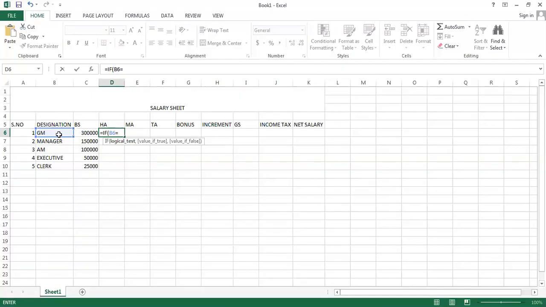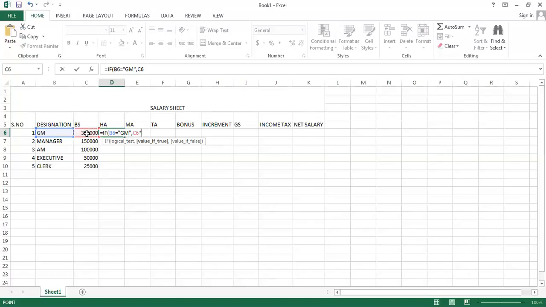Now I'll be using inverted commas, and then I'll write what's written in cell B6, that is GM, and then I'll close the inverted commas. Now my criteria is complete. I'll be inserting a comma, and then I'll be selecting that cell in which the basic salary is available of the general manager. In our case, it is lying in column C, row 6, that is C6.